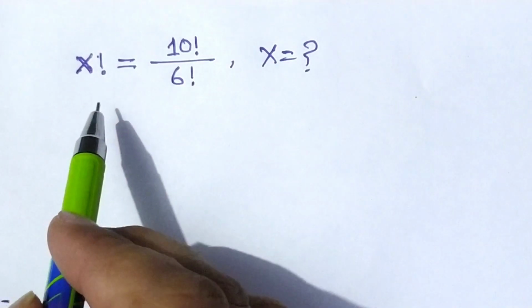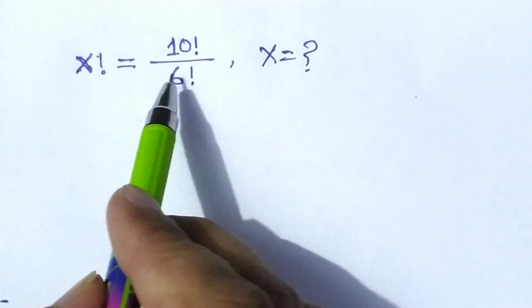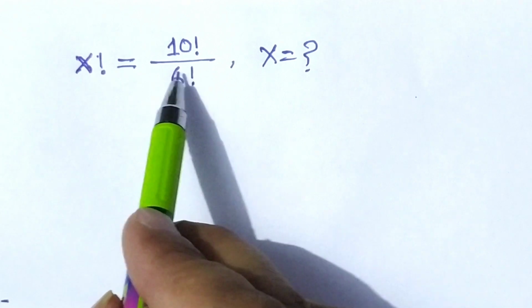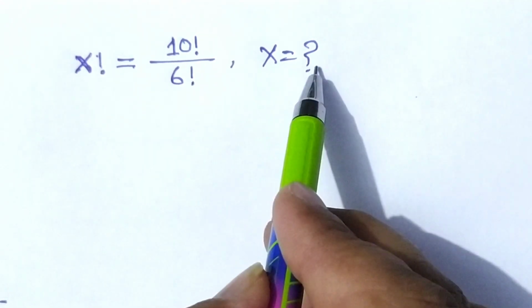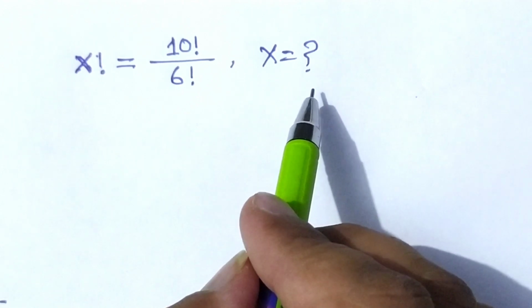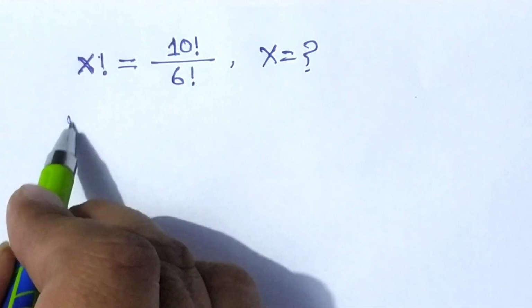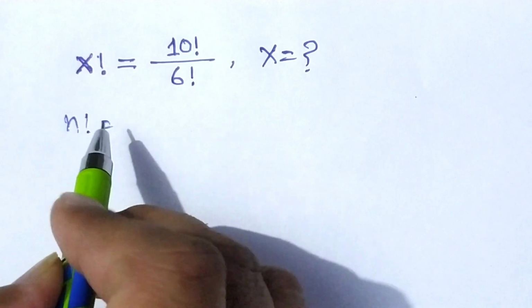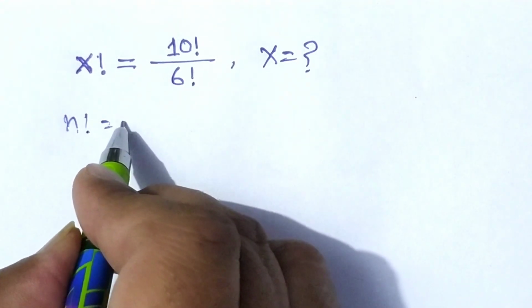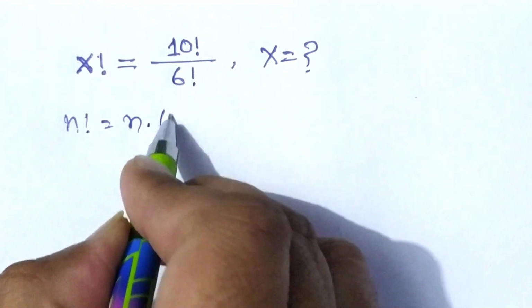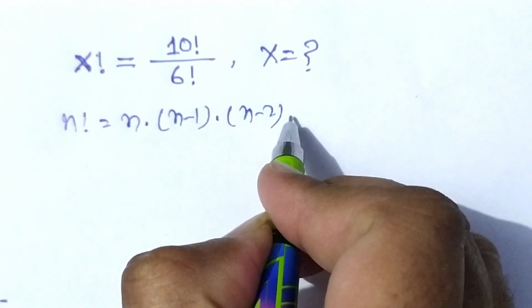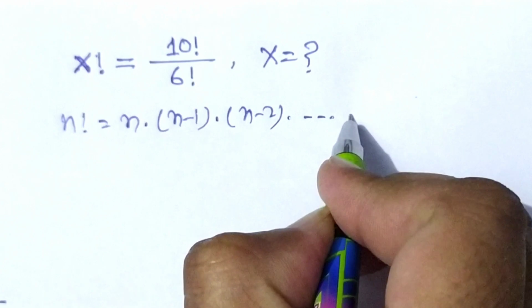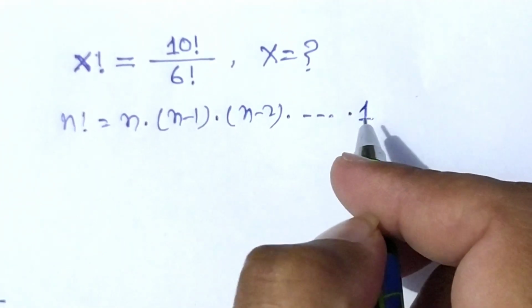Hello friends, if factorial x is equal to factorial 10 divided by factorial 6, then what is the value of x? Friends, we know that factorial n, where n is any number, is equal to n into n minus 1 into n minus 2 into ... into 1. So that